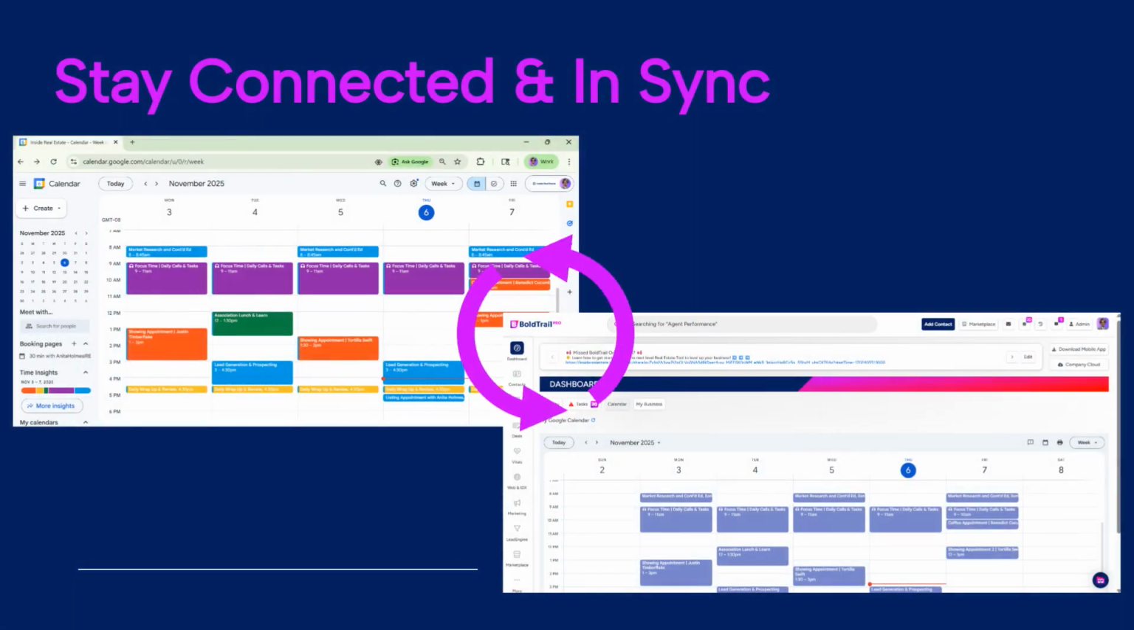When you sync your Google Calendar into BoldTrail, every appointment, showing, and follow-up you schedule in your Google Calendar automatically appears in BoldTrail. To locate your calendar in BoldTrail, simply click on the Calendar button right on your dashboard page